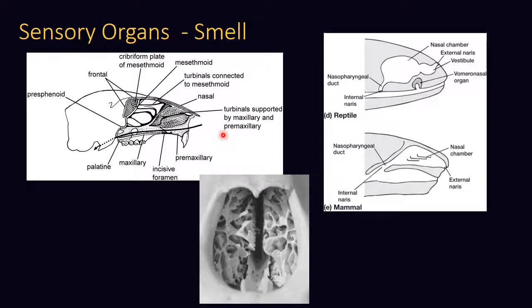And the reason for this is that if you look at a reptile, the air comes in through the external nares, goes to the nasal chamber, and then goes into the mouth. And you have some epithelial tissue here that takes the molecules from there and has the sense of smell occurring. But what mammals do, you see here by these little lines, if we look here at this dog nose,